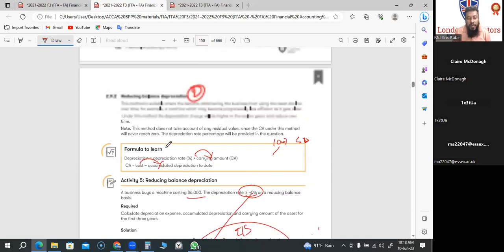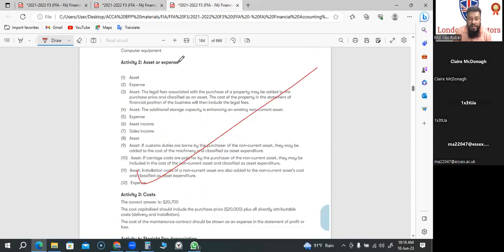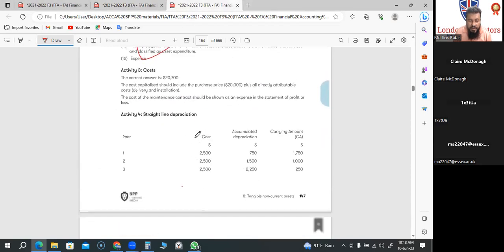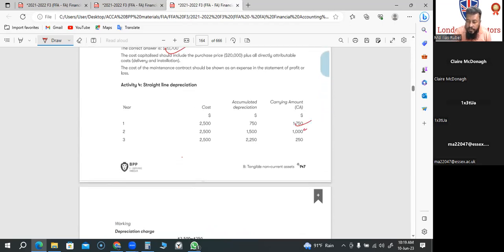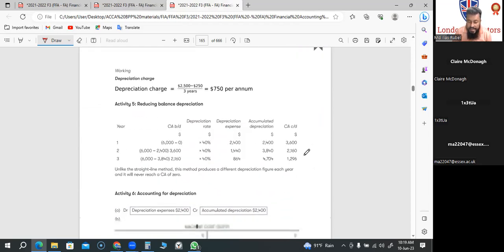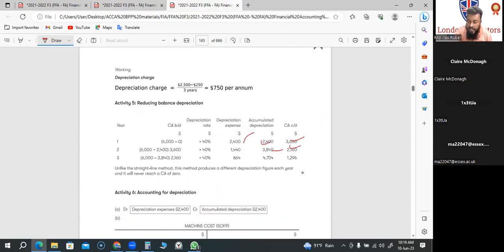Let's see both of the answers for activity 4 and 5. Here we go. Activity 3, yeah, we got it right. Activity 4, yeah, we got it right this way. This is what you were meant to do. I believe you did it right. Here we go. Well done. That's how you do it, and the rest you do this way.